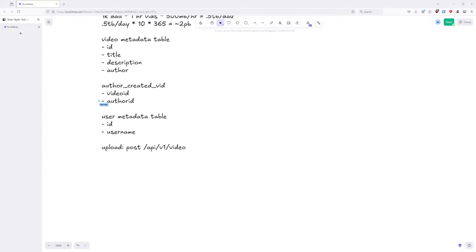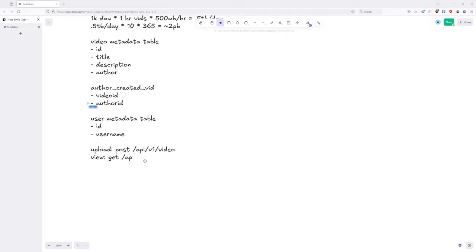That's how they upload the video. For streaming, I'm thinking doing a GET request to the same path and then the ID of the video they want to fetch.